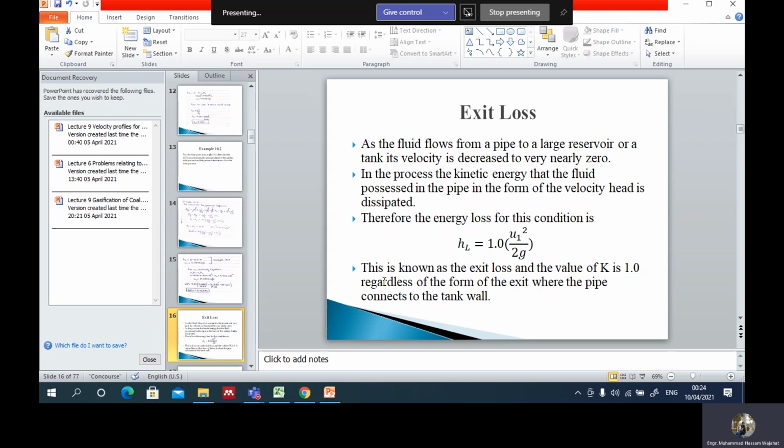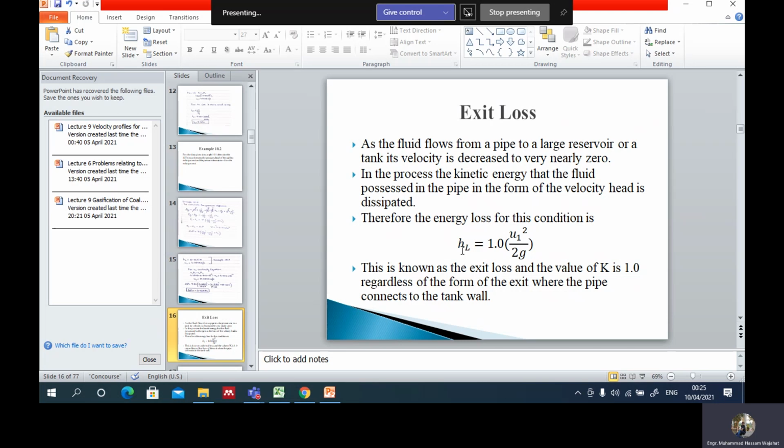Greater the volume, smaller the velocity. So the velocity is almost negligible. If it is negligible, we ignore the velocity head क्योंकि वो तकरीबन जीरो हो जाएगा. तो exit loss के अंदर हमारा कौन सा velocity काम की होती है? U1 velocity काम की होती है, which means the velocity of the smaller pipe. और इस इक्वेशन में, इसके एनर्जी लॉस इक्वेशन में हम अज्यूम करते हैं कि K की वैल्यू फिक्स्ड है एट 1. यानी ये हमारा इक्वेशन और भी आसान हो जाता है.